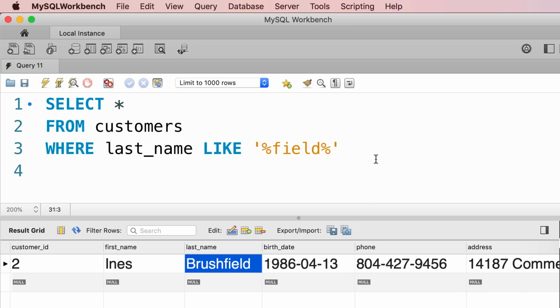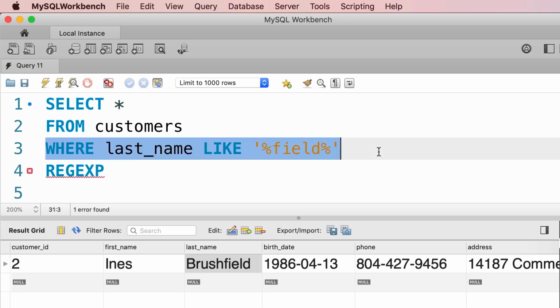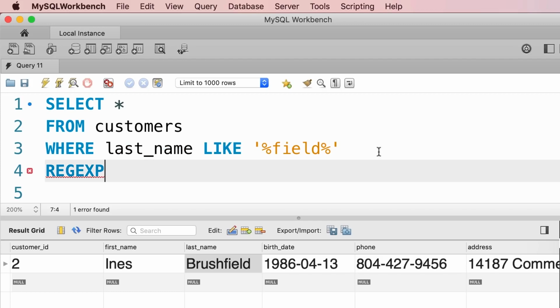Beautiful. Now we also have another operator in MySQL that is regexp, which is short for regular expression. And regular expressions are extremely powerful when it comes to searching for strings. So they allow us to search for more complex patterns. Here's an example. If I want to rewrite this last where clause using a regular expression, it looks like this. Where last name,